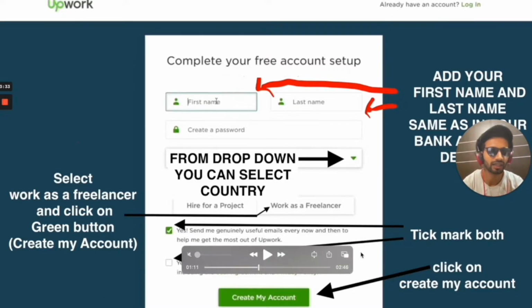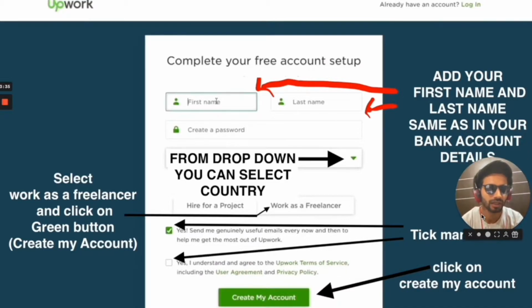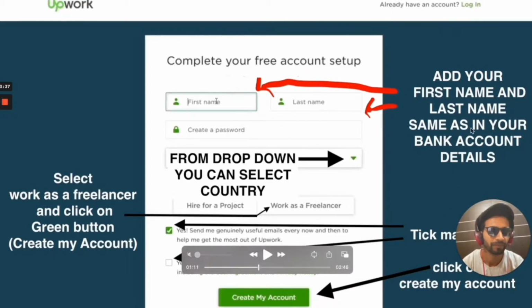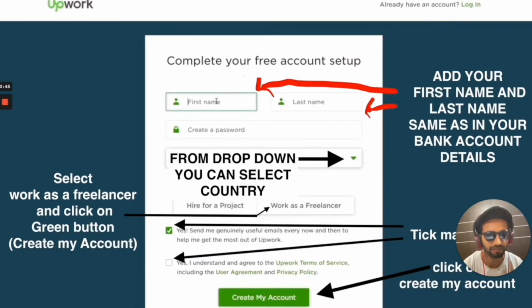So please add your first name and last name the same as in your bank account details or as in your ID cards, because when Upwork reviews your profile, or after some time if Upwork asks you to verify your profile through a video call, they will ask you to show your identity cards.